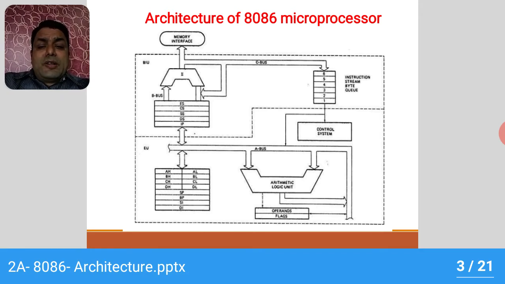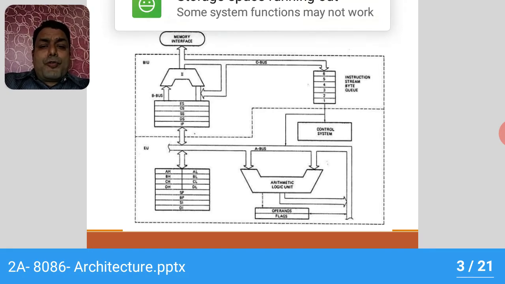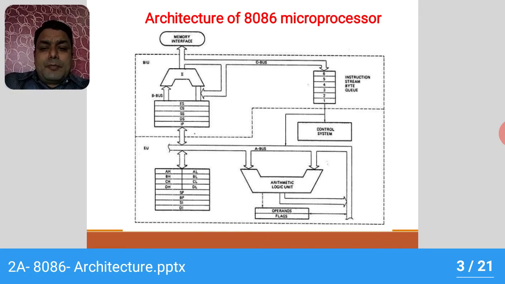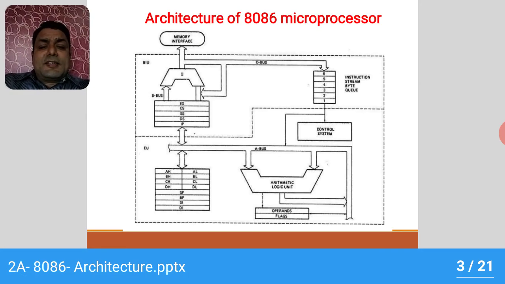Now we have segment registers. There are 4 segment registers. As you can see in the architecture diagram, we have 4 segment registers, that is CS, DS, ES and SS. CS stands for code segment register, DS stands for data segment register, ES stands for extra segment register, SS stands